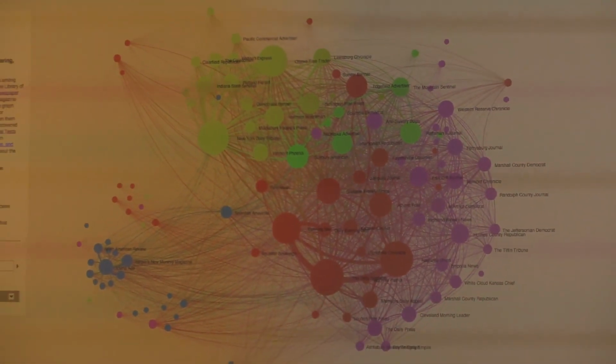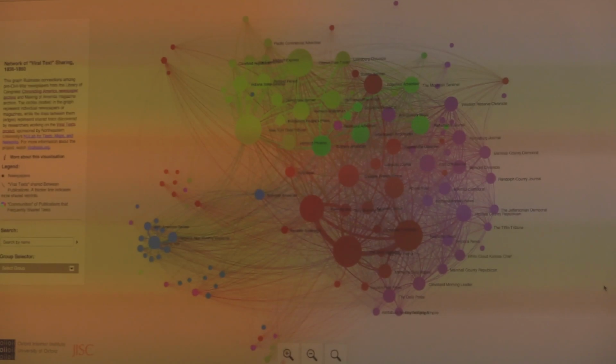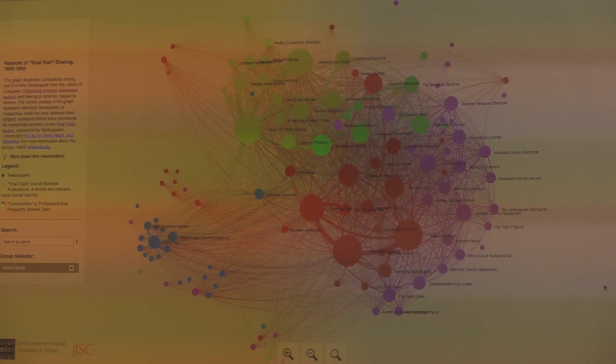So some of both. Part of what we've done is we've dramatically simplified the nodes here, because if you go to the Library of Congress data, the newspapers in the 19th century changed names every few years, sometimes even faster. The Nashville Union was the Nashville Union and American, the Daily Nashville Union and American. It had 5 or 6 names over a few decades. And the Library of Congress, from their metadata, lists those all as separate newspapers. That's almost worthless in a network graph, because the Nashville Union is really closely connected to the Nashville Union and American.